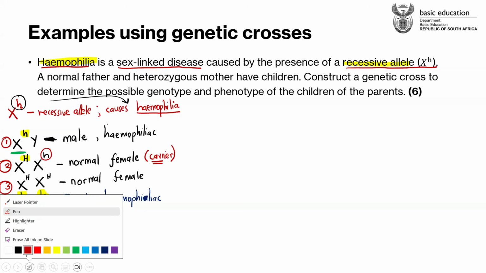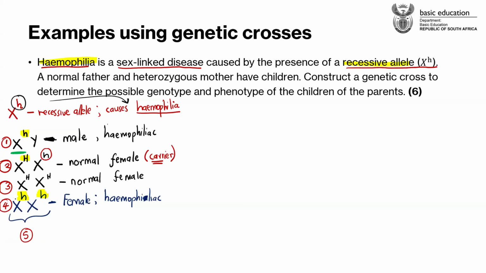Yes. If the normal female has two capital letters, when we do a monohybrid cross, it doesn't affect the male. All their offspring will be normal. They won't have hemophilia. Exactly. That's what you are going to do. It's just the common law of dominance that we've been doing all along. But it's just that we put it on X chromosomes. Otherwise, it's still the same law of dominance.